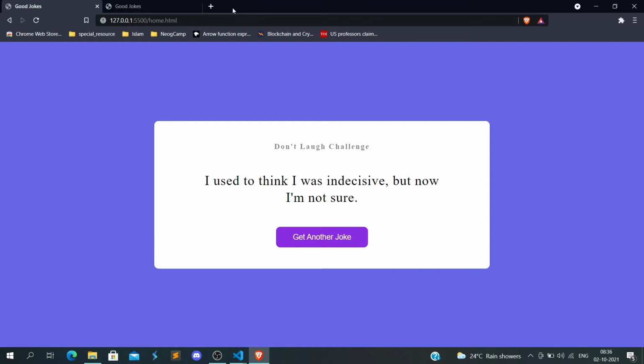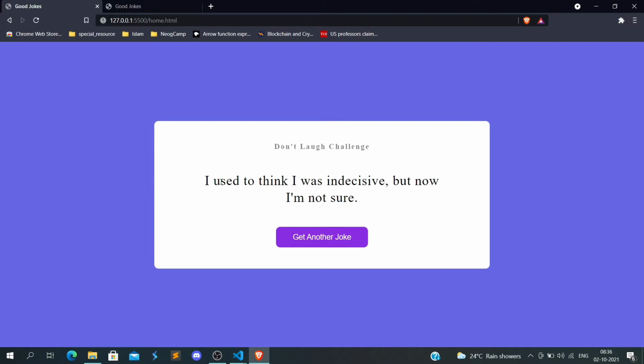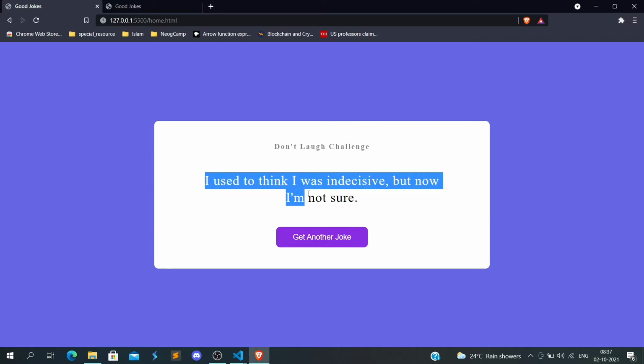So today we are going to build this type of functionality in our websites. So this is that jokes. Basically in this project we used one API that will fetch the jokes. So this is our containers. This is a whole container. We have this text, and this text basically comes from the API.